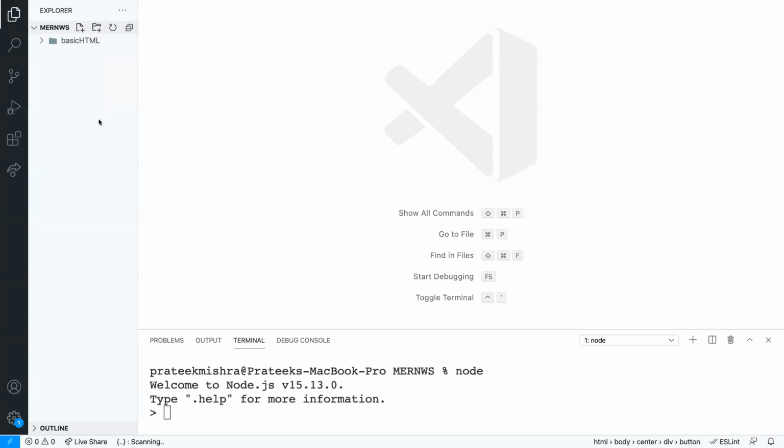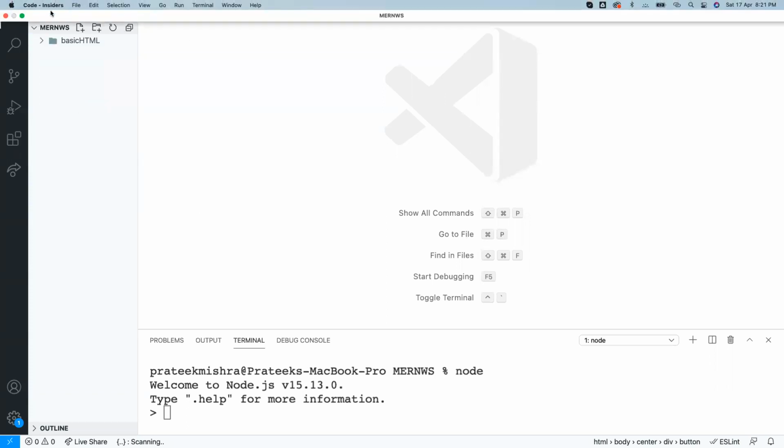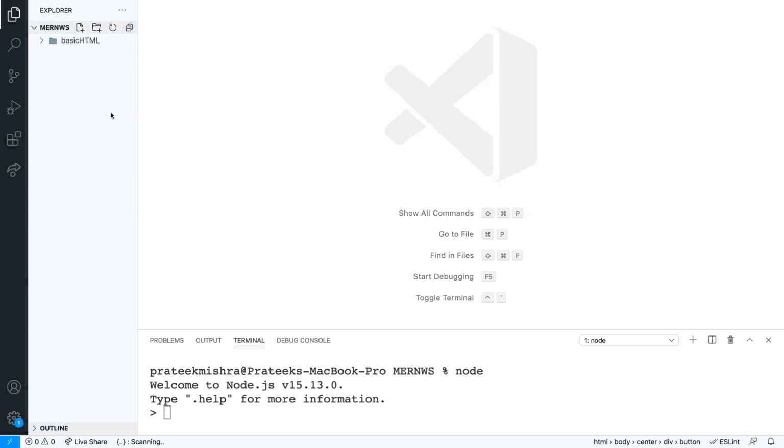Fine. So what you have to do is install this Visual Studio Code, right? Inside your system. First VS Code, right? Inside your system. Whenever you install this,